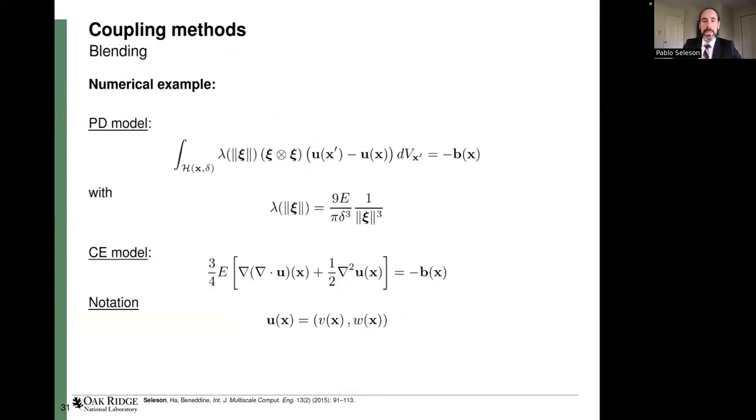So let's look into one example. This is going to be a static example. Here is the static peridynamic equation. We have a particular micromodulus lambda that is related to the Young's modulus, and the classical model is given here,